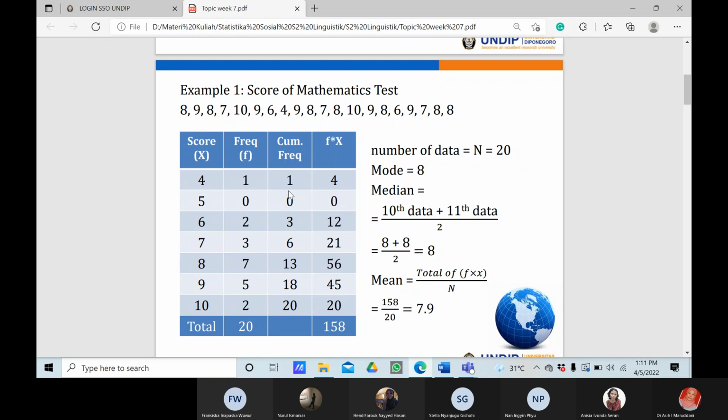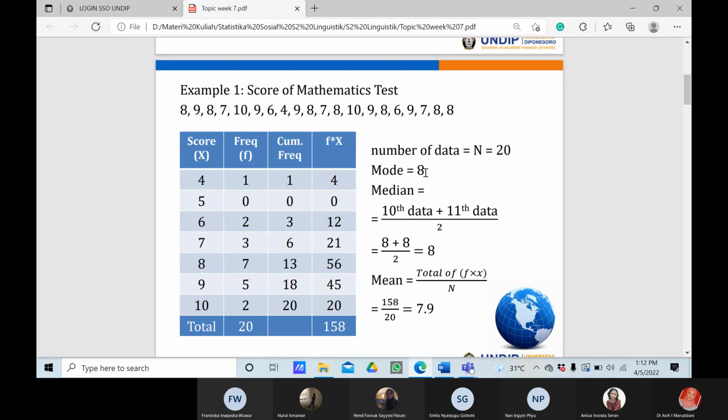I will repeat from the number of the data. Of course, the number of data or n can be seen from the total of frequency. Then the number of data is, of course, 20. And you can calculate or